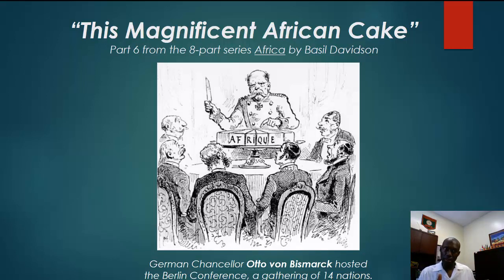Slavery had already existed up until the 19th century. But they abolished slavery not because of some humanitarian idea, but because they wanted to make greater use of the human resources that were on the continent. They needed human labor in order to harvest the raw materials to send back to Europe and to other countries that would benefit from the extraction of those materials. So it was quite a dark period in Africa's history,